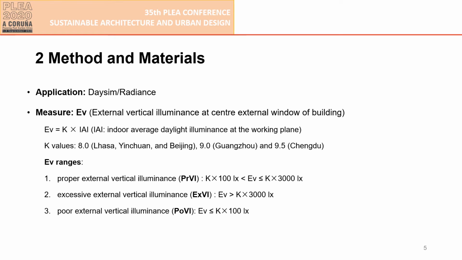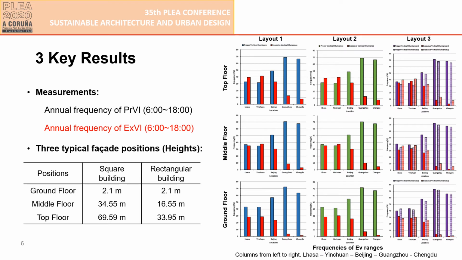The external vertical illuminance ranges as proper, excessive, and poor external vertical illuminance. The annual frequency of the external vertical illuminance from 6 o'clock to 18 o'clock can be used to justify the potential of daylighting in buildings. A higher frequency of proper vertical illuminance indicates a proper indoor illuminance. If the frequency of excessive vertical illuminance has a higher value, the facade surfaces will receive excessive solar gain and